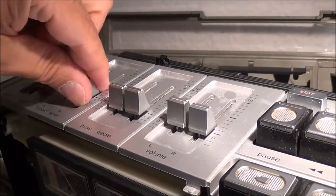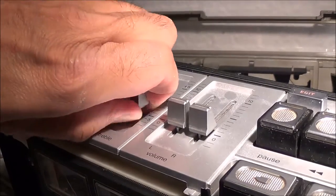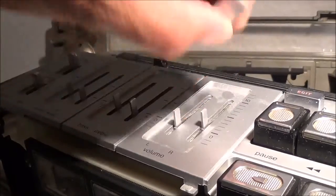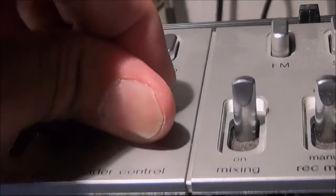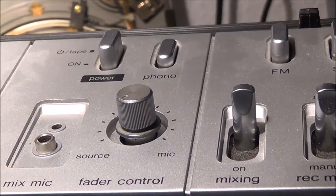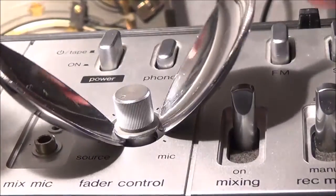Now you can remove these sliders. They should just pull off. There's also a fader control that needs to come out. Sometimes these are kind of tough to get out. So I've got a corny solution. I just use 2 little teaspoons and get them underneath there, and then